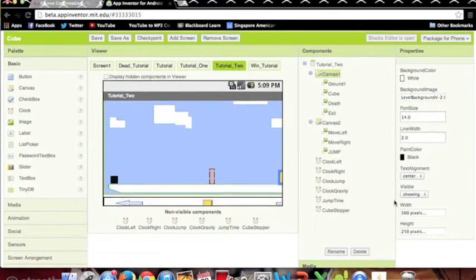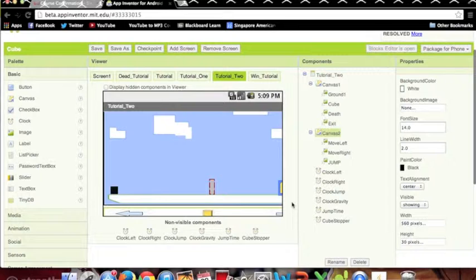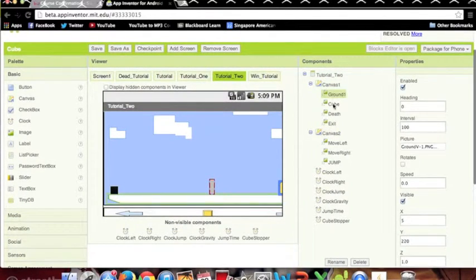high. And then for the bottom one, you need to do the same thing for the width, but for the height, you need to make it 40. And then you move on. You can make the cube whatever you want as long as it's 20 by 20 pixels, because that is a decent size where you can see what you're doing and still